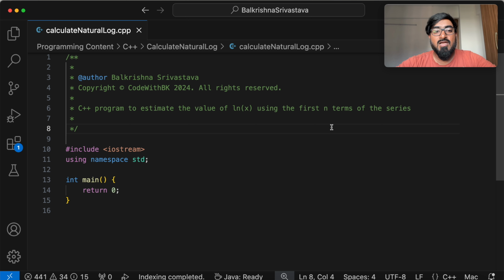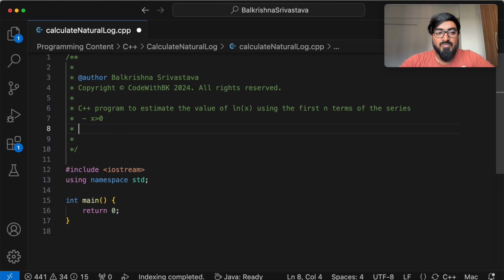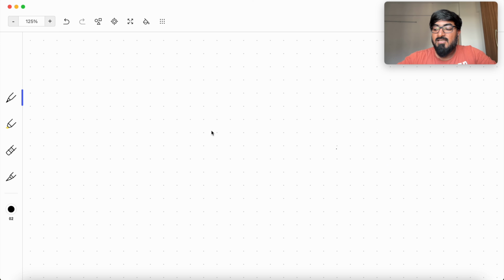So let's begin. We will estimate the value of natural log, which is basically ln x, using the first n terms of the series. There is a series expansion for this, and we look at x greater than 0, and for that n will be greater than 0 as well. So the series for